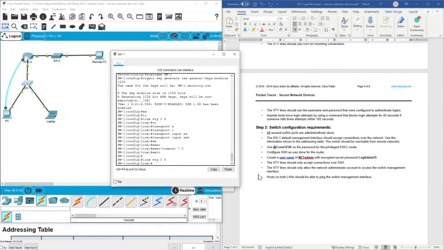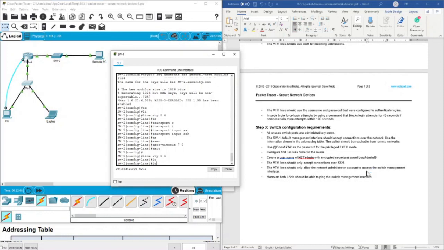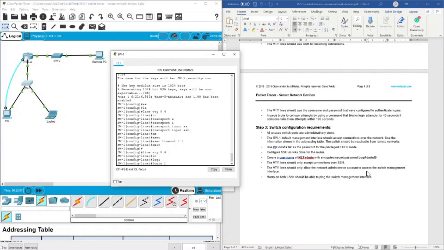We forgot because here the VTY line should only allow the network administrator account to access. So to do this, we have to type login local